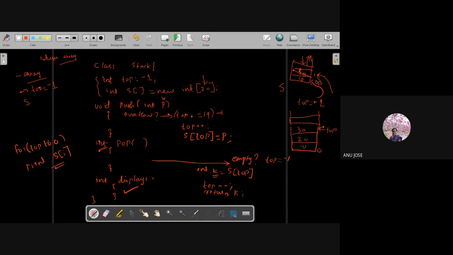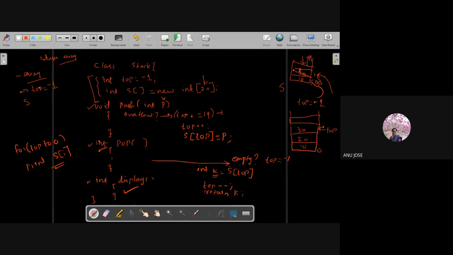Okay. So now we have written the member variables part here, and the three member functions mentioned in the question have also been written. Now your task is very simple. You have to write the main, create an object of the stack class, call these functions and do the operation.